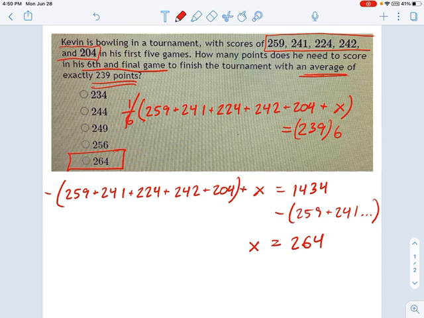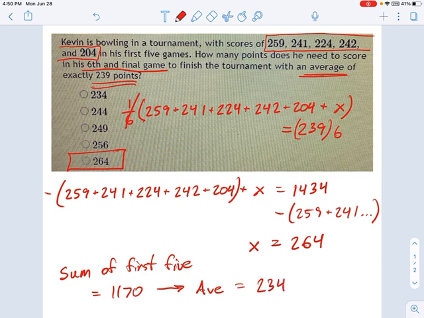Now, another way you could do this, if you're crunched for time and you don't quite see the way through it, is just figure out the average of those first 5 scores. Let's do that. Let's say 259 plus 241 plus 224 plus 242 plus 204. I'm going to say the sum of first 5, this is a good strategy, equals 1170, which means the average of the first 5 games, we divide that 1170 by 5, the average is